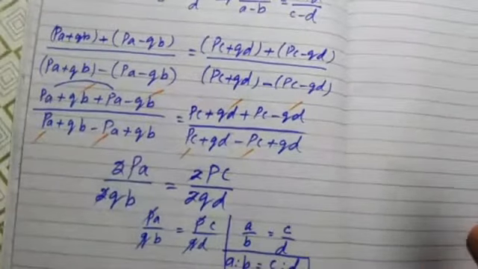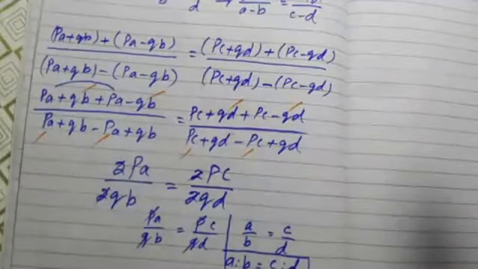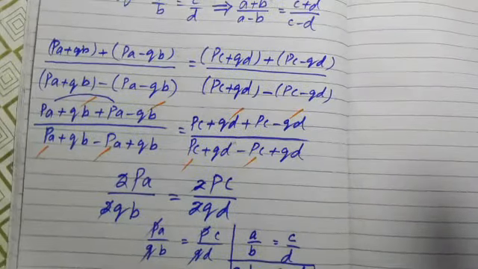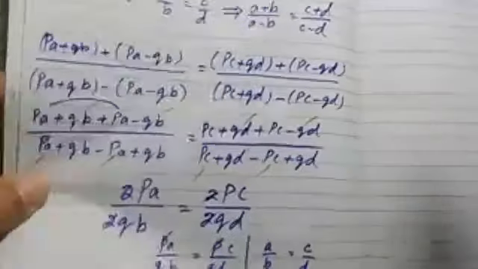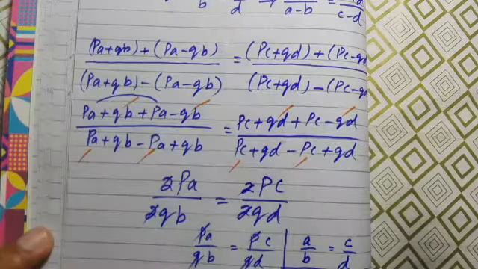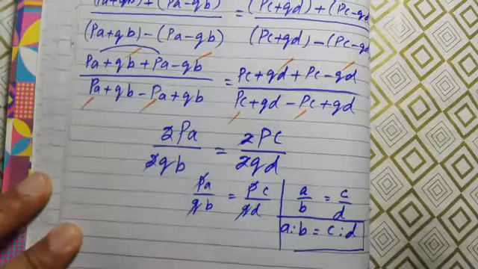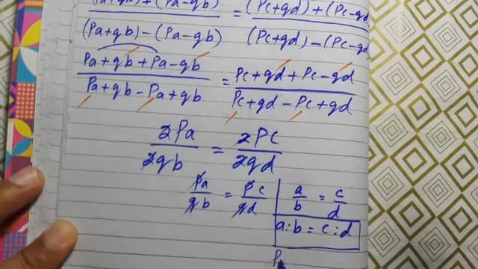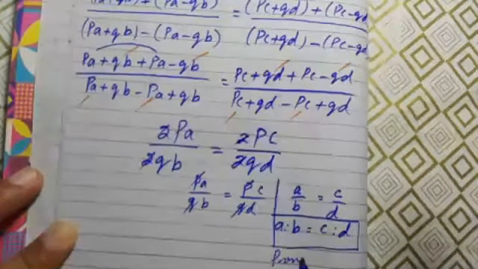Okay, so it is the same sort of question, the only difference is that it contains alphabets, P's and Q's, and the rest of the procedure is the same as we have done in the previous part. So the same sort of question as we have done in the very first part. So this is the end of the question. So see it clearly and then ask whatever question you want to ask. This was required to be proved, and we have just finished the proof, like this one.